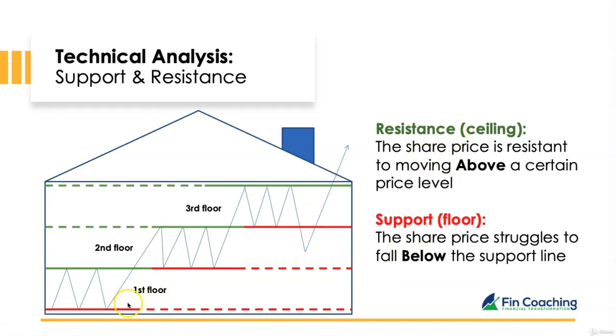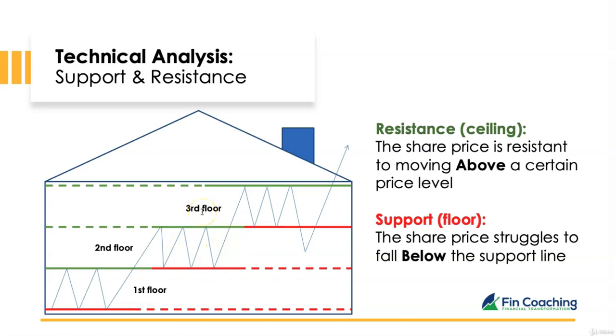So on the first floor here, you can see that the price starts at the support line. It hits the ceiling of the first floor, goes back to the floor, hits the ceiling, goes back to the floor, hits the ceiling and then breaks through the ceiling and goes onto the second floor. Then hits the ceiling of the second floor, hits the floor of the second floor, back to the ceiling, back to the floor, back to the ceiling, back to the floor, then breaks through the ceiling and enters into the